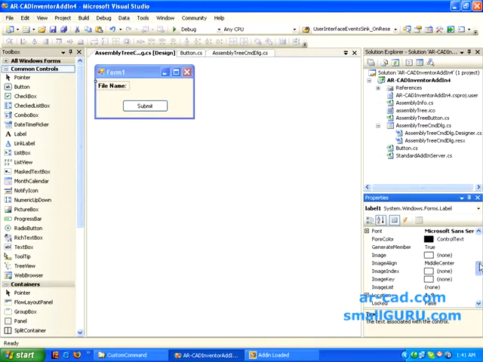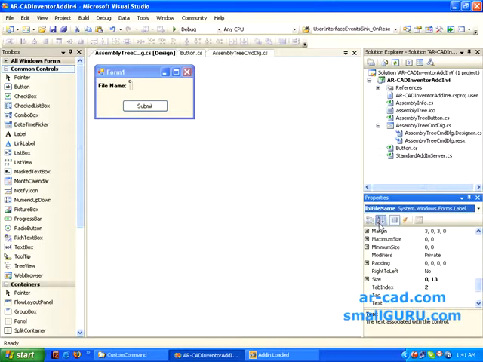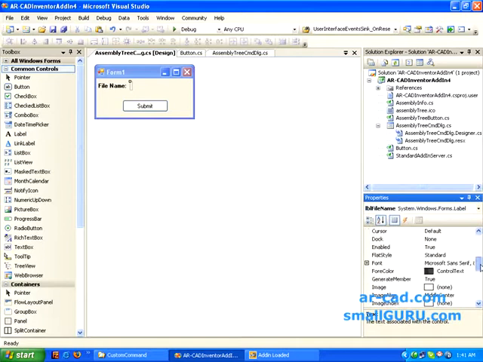Since we won't be changing this particular label, I have left it as default, and I have one more label which is here. I have removed the text, so it's not showing anything, and I have renamed it to lbl file name, which stands for label file name.